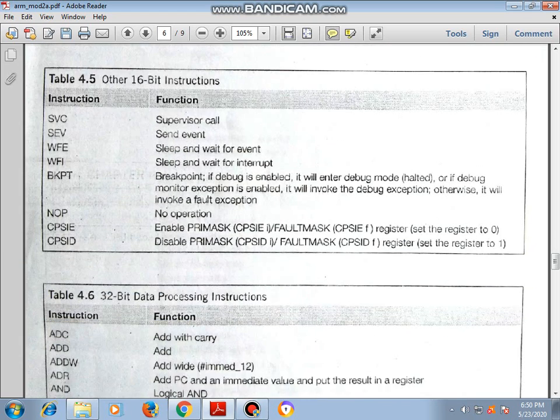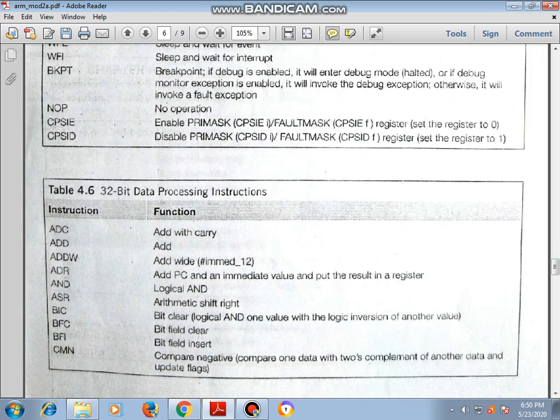Next we will go with 32-bit. Similar to 16-bit, in 32-bit you also have ADC, add with carry, and add word. Here word represents 32-bit. Then add a program counter and an immediate value and put the result in the register.